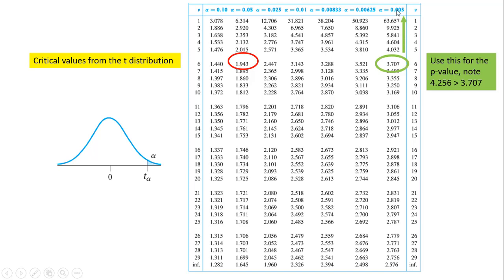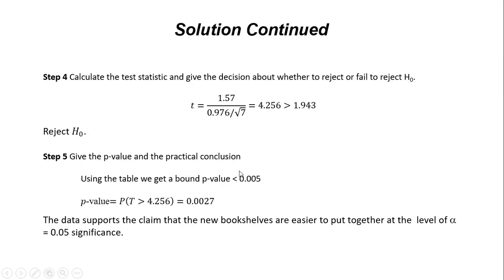I look up, I see alpha is 0.005 as far as this goes. So what we can say here is that our p-value, notice how these numbers are going down, our p-value will be less than 0.005. And that's what we really want here. We want an upper bound on the p-value. So p-value is less than 0.005. If we were to compare this to alpha, 0.05, it's much, much less,